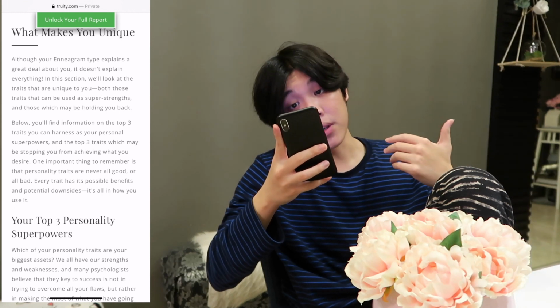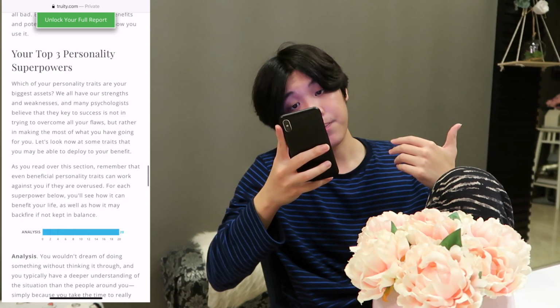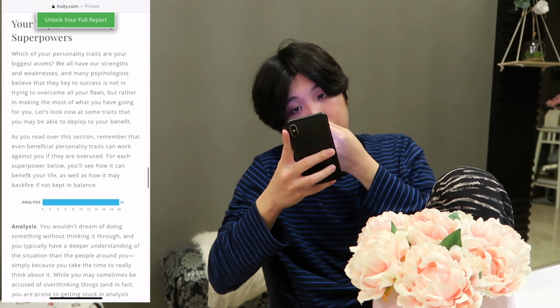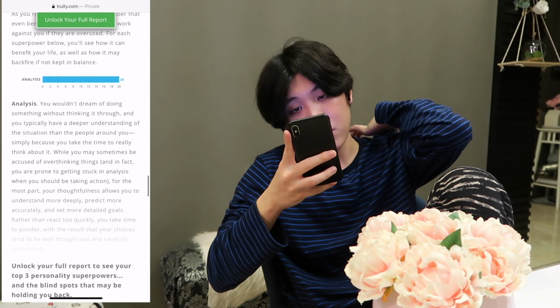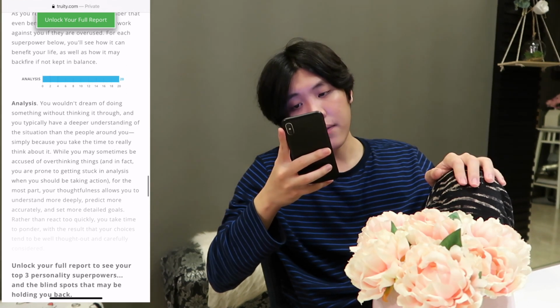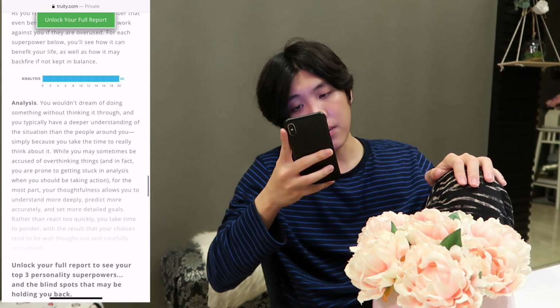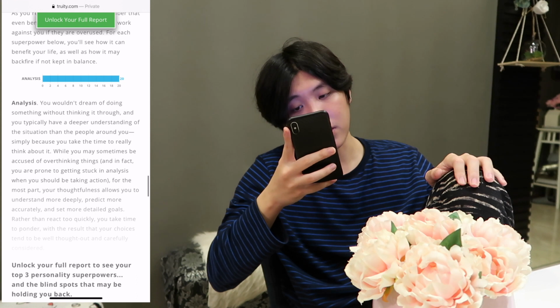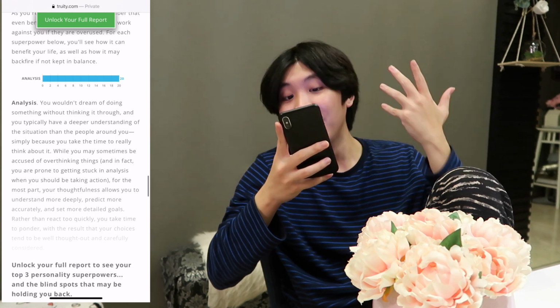Your top 3 personality superpowers. Which of your personality traits are your biggest assets? We all have analyses. You wouldn't dream of doing something without thinking it through. And you typically have a deeper understanding of the situation than the people around you, simply because you take the time to really think about it. While you may sometimes be accused of overthinking,